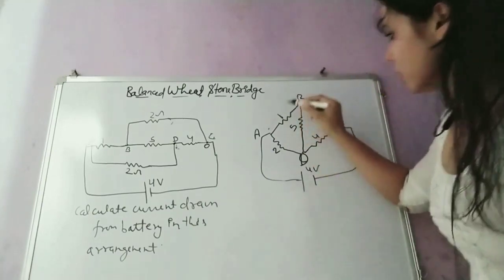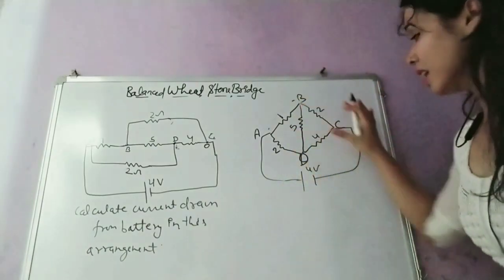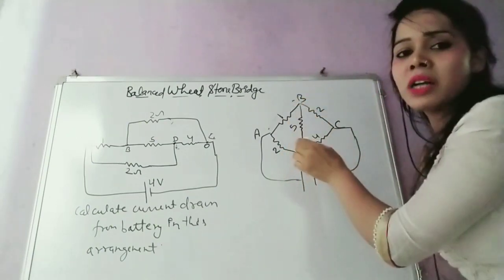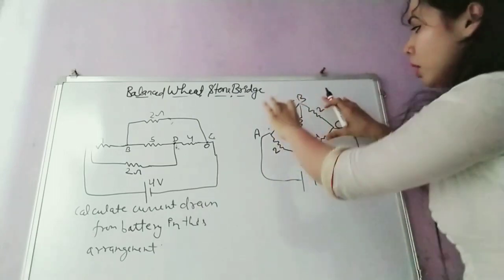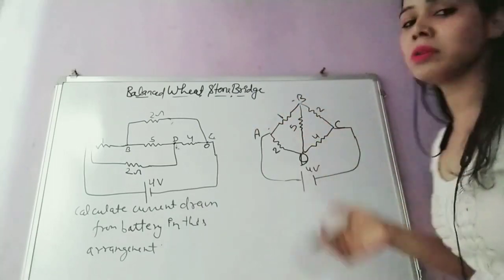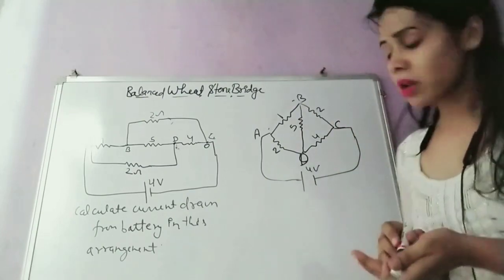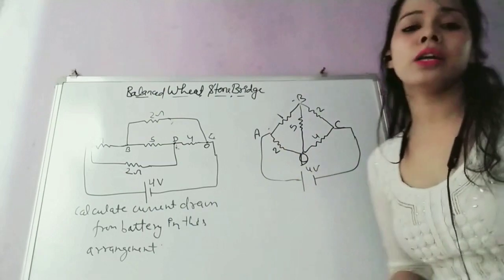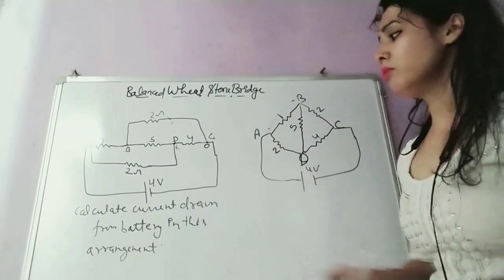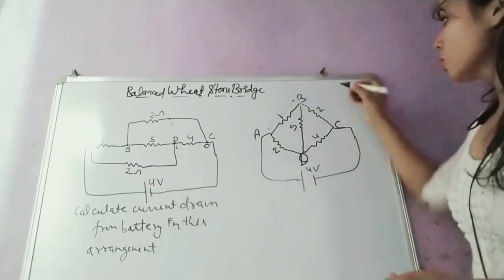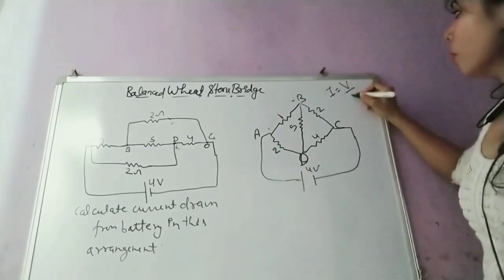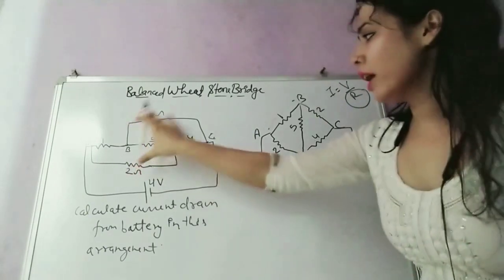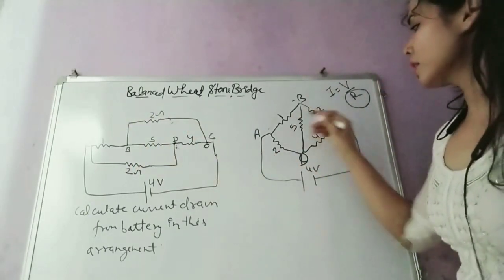Okay. So this is 1 by 2. Now first of all we will check whether it is the balanced Wheatstone condition. Then only we will consider that the current through this branch is 0, and then finding the equivalent resistance will be easy. Why are we doing this? Understand again. The question asks: what is the current drawn from the battery? So to find the current drawn from the battery, we know the voltage is given. So current I equals what? V upon R. So we need to find the R equivalent. To find the R equivalent we should understand how to solve.